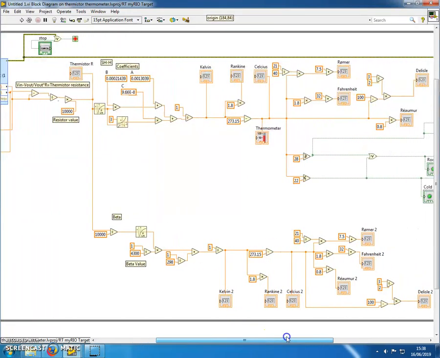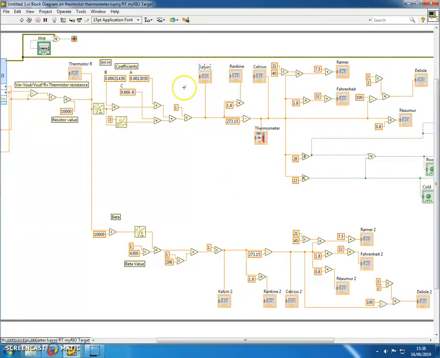From there we could transform this temperature into all the different units. We got Rankine, Celsius, Romer, Fahrenheit, and Delisle and Romer. So those are all the different transition calculations for